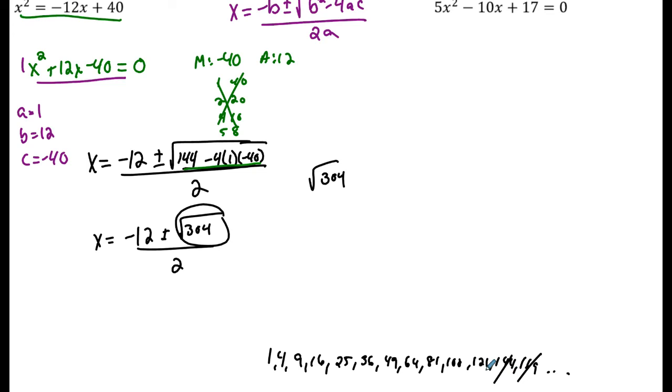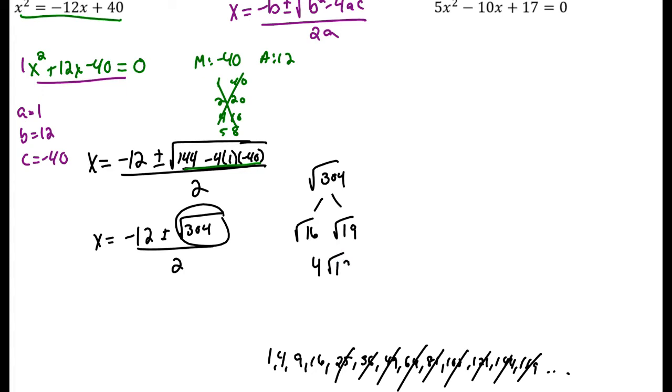No, no, no, no. Let's try 81. So on my calculator, I'm doing 304 divided by 81 and got some crazy decimal. Divided by 64, I got 4.75. Nope. Divided by 49, no way. 36, nope. 8.444. 25, nope. 16, yes. It is 16 times 19, which leaves me with 4